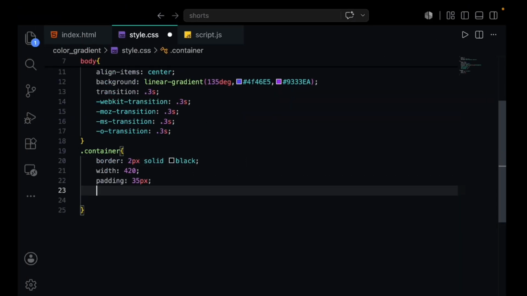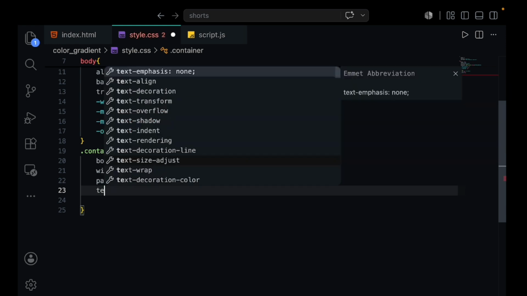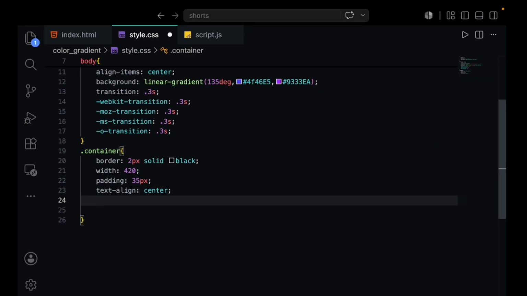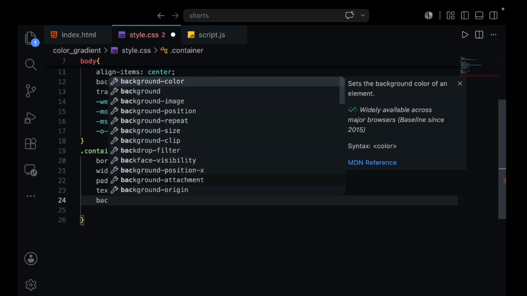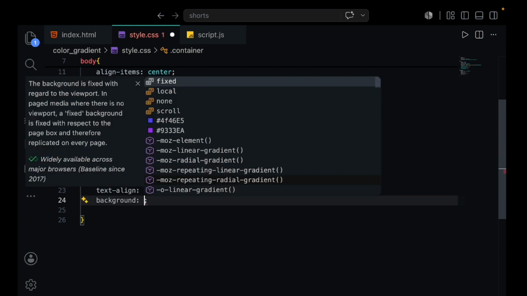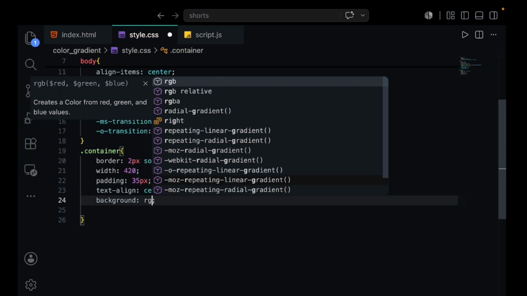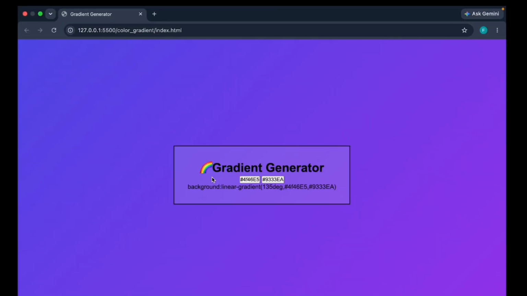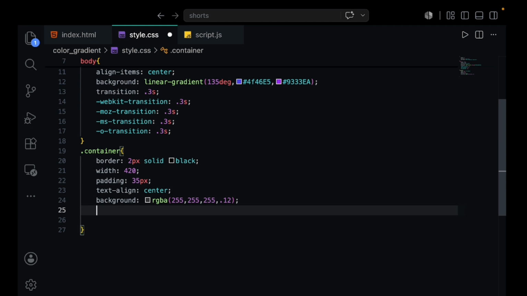And let's do the text alignment. The text alignment is going to be center. And let's give a background. I want to give a background a bit transparent, right? For transparent we have RGBA, which is going to be 255, 255, 255 and point something. Let's give a bit of blurriness.